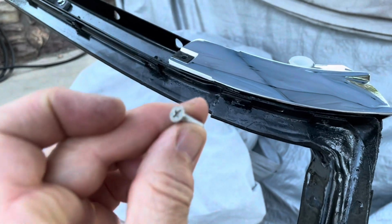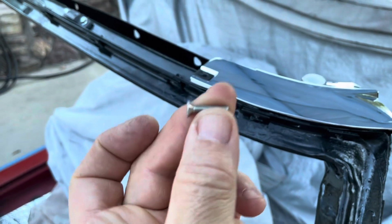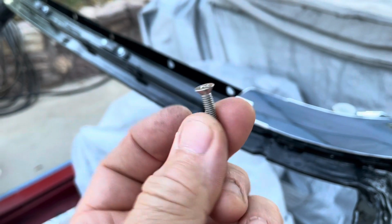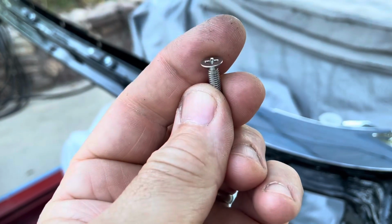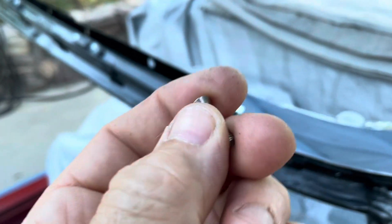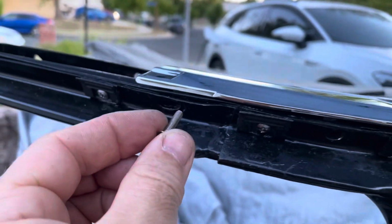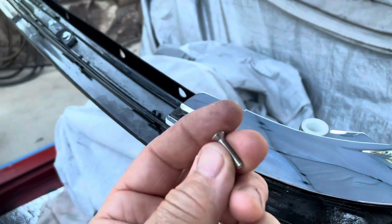I ended up getting these, they're 8-32s, and I went with the countersunk, what do they call that? Yeah, this kind, because it has to go into these holes a little bit, and you don't want anything sticking out. So the next step is